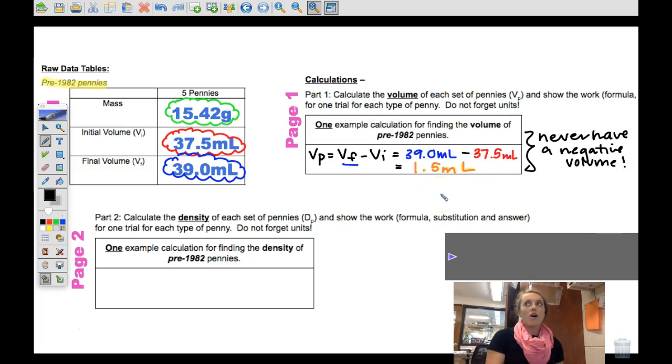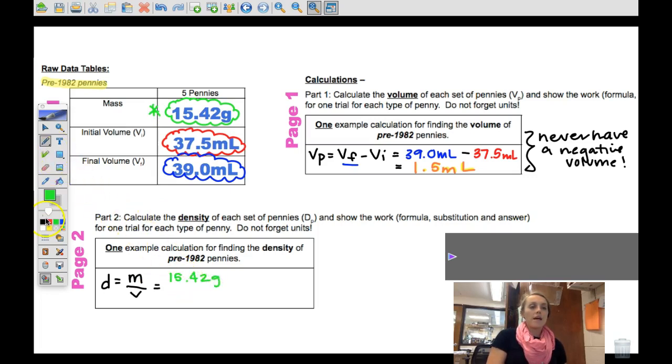So once you had all of your process volumes, you then need to calculate the density. So remembering back to our density notes and our density practice, the formula for density is mass divided by volume. Well, my mass is my raw data that I recorded first. So it's 15.42